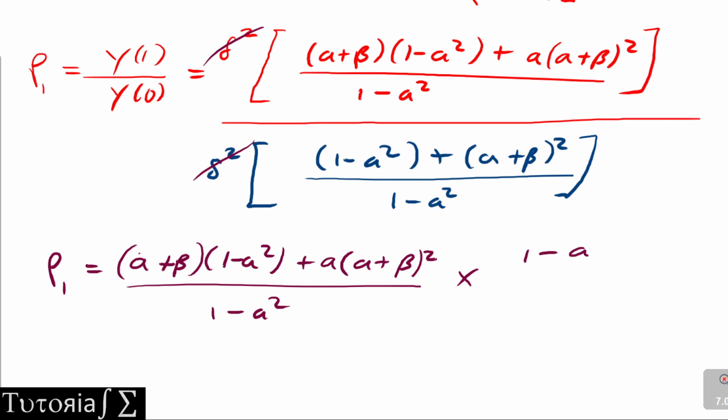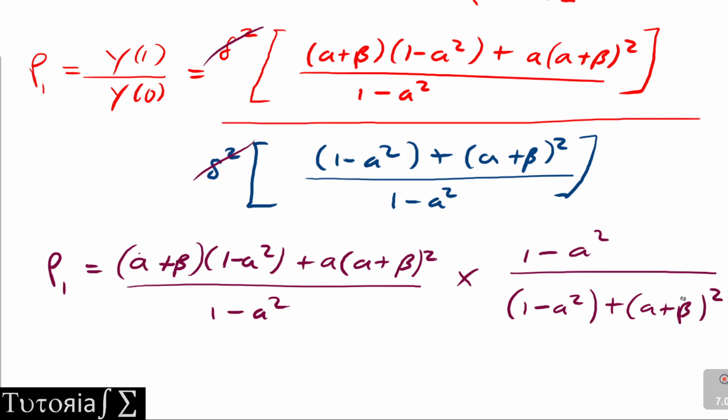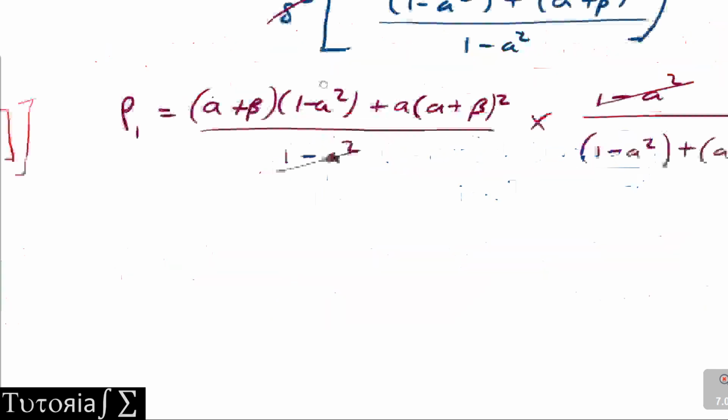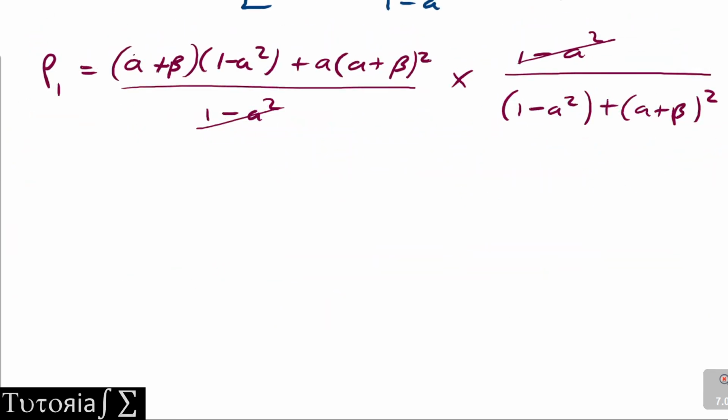It will be 1 minus a squared all over 1 minus a squared, then plus a plus beta squared. Okay, so we see that this and this cancels. So what we're going to have is row